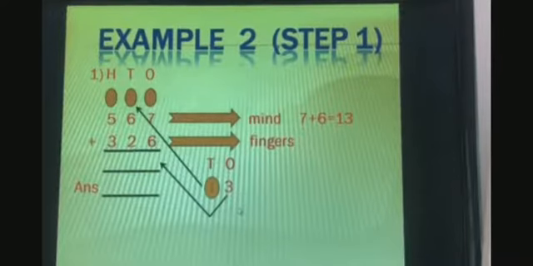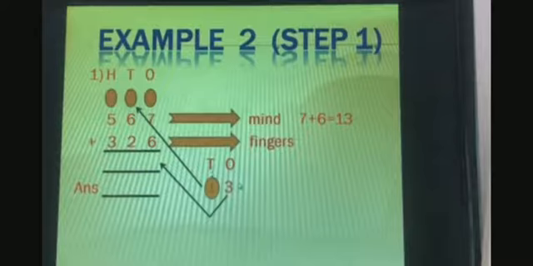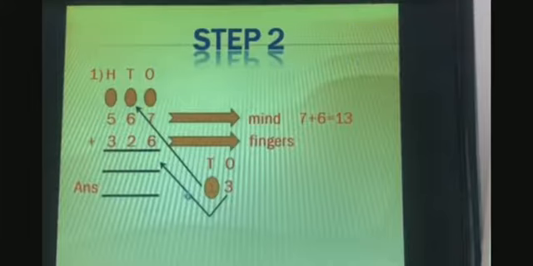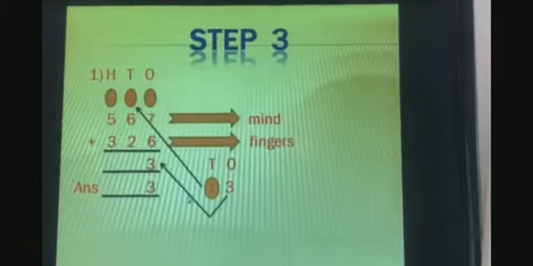Now 13 cannot be written at the ones place answer. So what will you do? You will write it here and mark it as ones and tens place. The right side number you will write in the ones place answer, and the 1 in the circle you will write in the tens place carry over, like this. Is it clear?